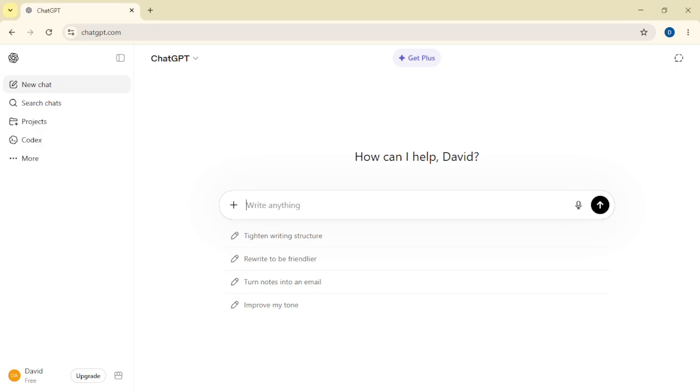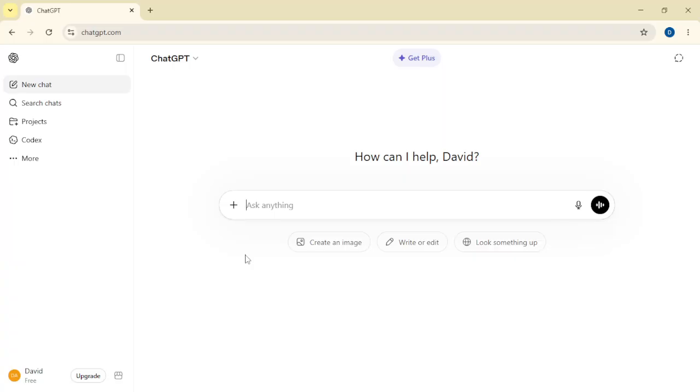In today's video, we will learn how to compare different things in ChatGPT. One of the most useful things you can do with ChatGPT is compare different topics, products, ideas, or categories. ChatGPT has access to a massive amount of information which allows it to create detailed comparisons in just a few seconds. This can be extremely useful when you are trying to make decisions, learn something new, or quickly understand the